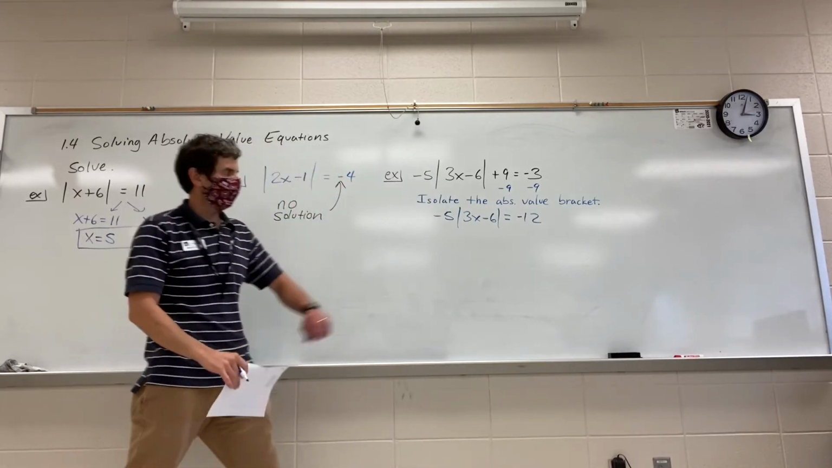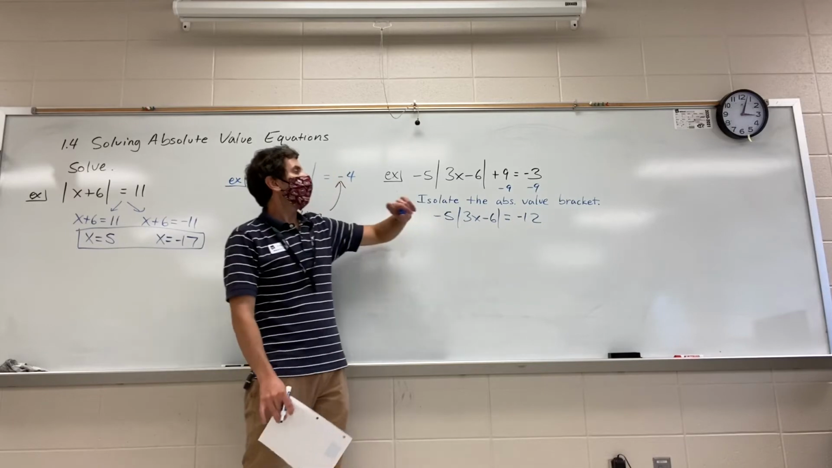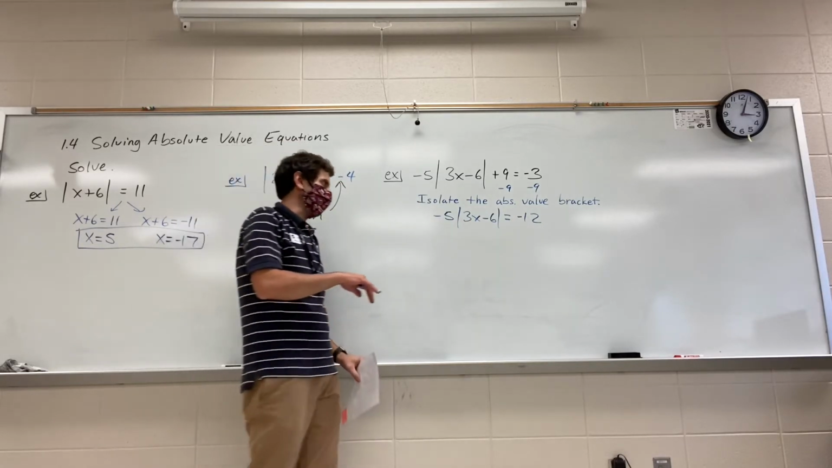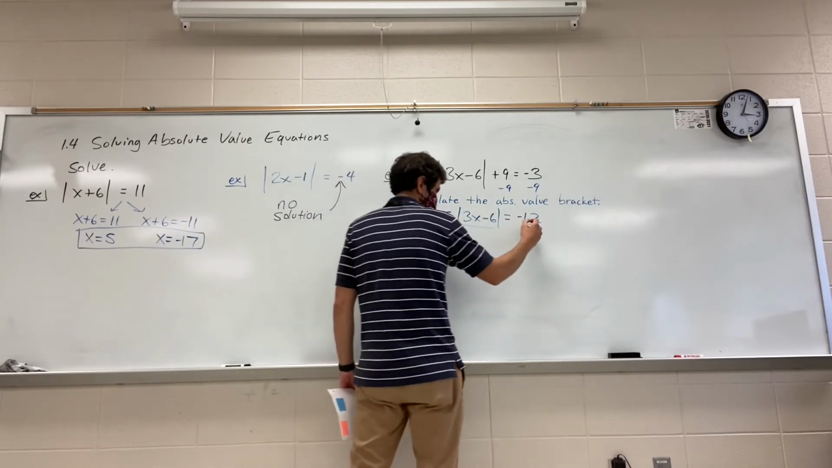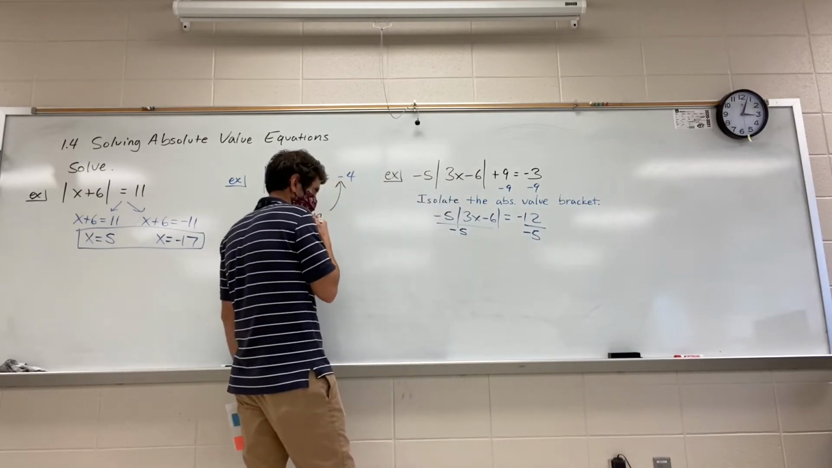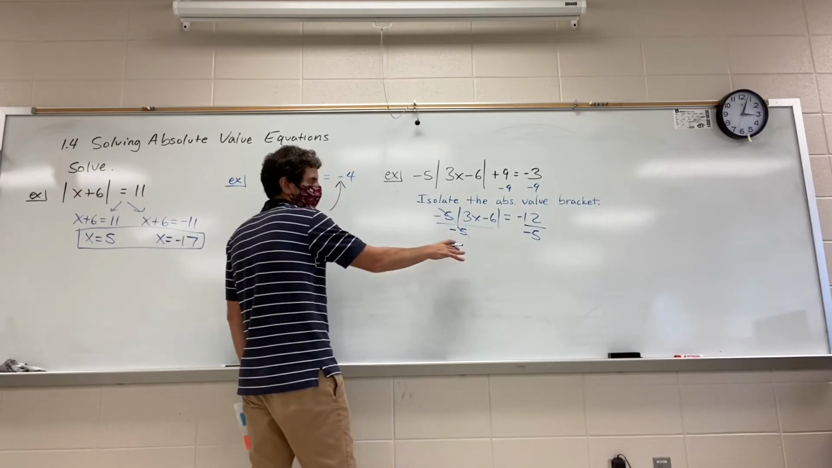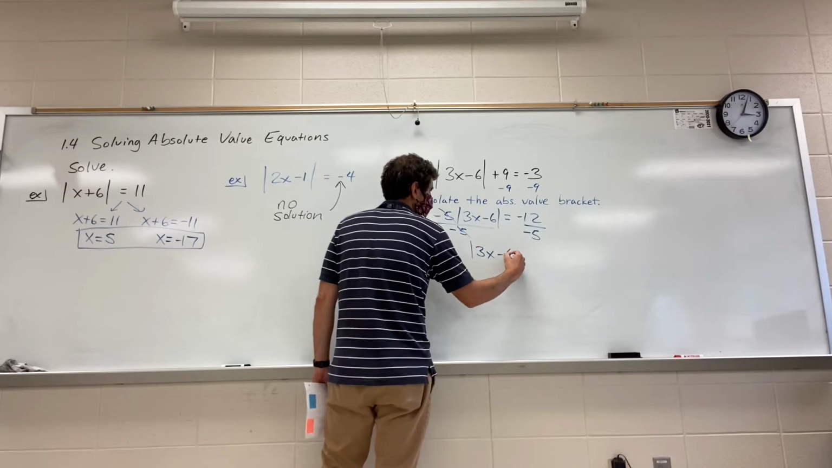Now you might be a little bit wary and think, oh, wait a second. But we don't have the absolute value bracket by itself yet. So we need to do that. Let's go ahead and divide by -5. Division property of equality, -5. That divides out. We're left with absolute value bracket 3x minus 6